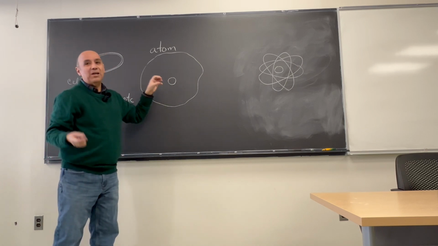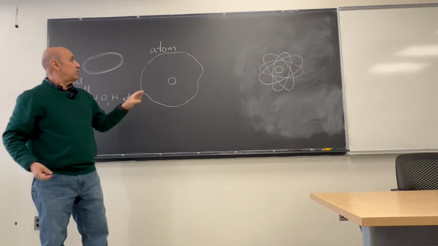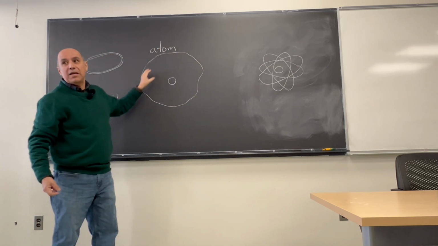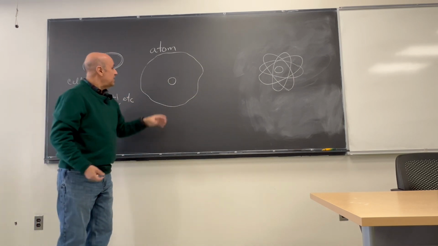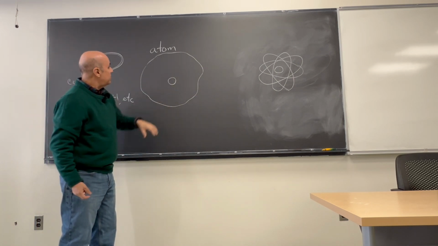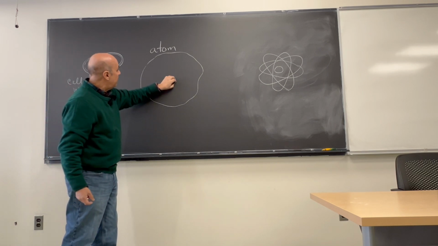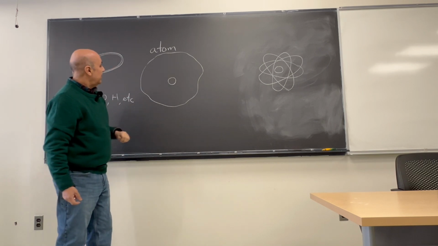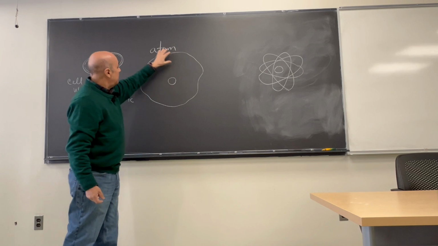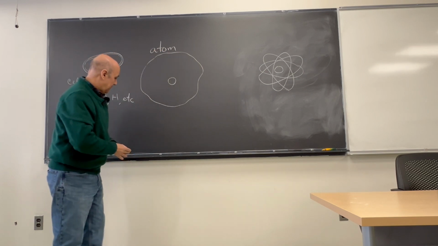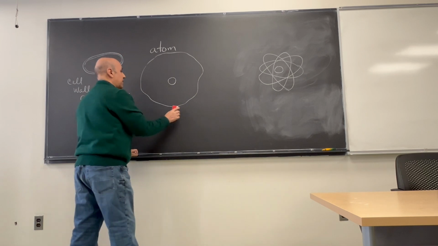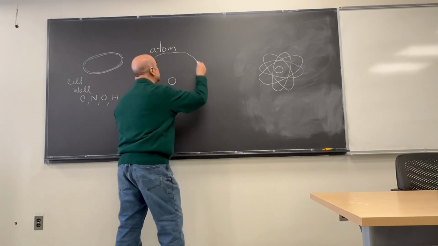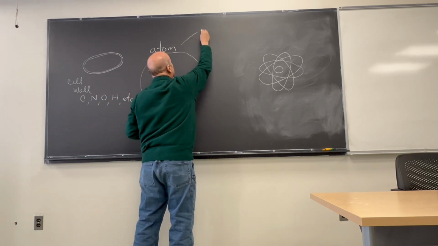So the core is really tiny, tiny, tiny compared to the space that is making up the rest of this atom. Now, what is in the two areas that I just described? What is found in the core, and what is found in this empty, big, huge space? Well, all atoms are composed, and this is very simplistic again, of three ingredients. So all atoms have protons,